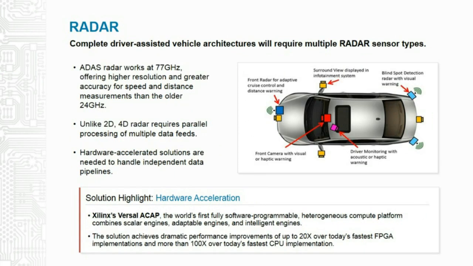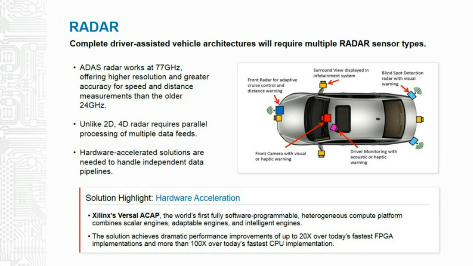Radar. Radar basically works by measuring the time it takes for transmitted radio waves to reflect back off an element in their path. It is well suited to seeing other cars, not just at a distance, but it can determine how fast the obstacle is moving thanks to the Doppler effect.